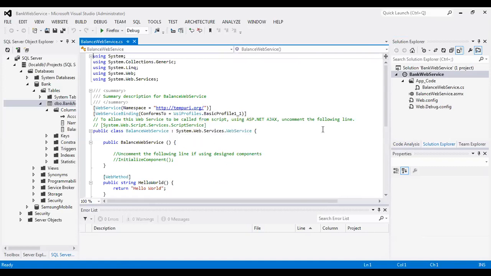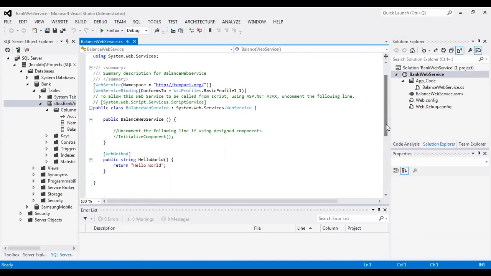So this is the template provided by ASP.NET for developing the web service. This is the class name, balance web service. And here we are interested in writing the web methods.